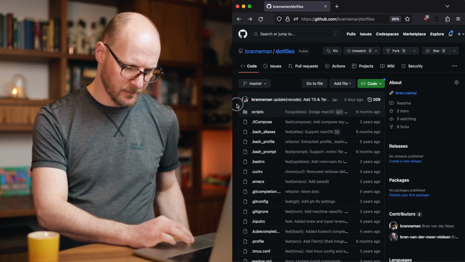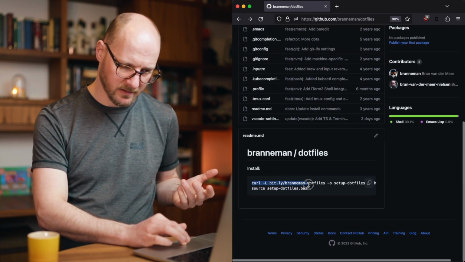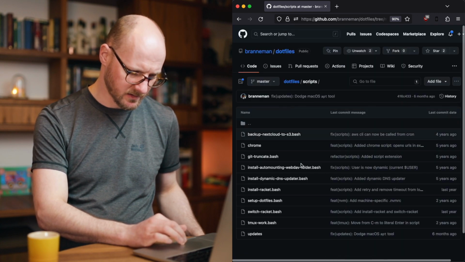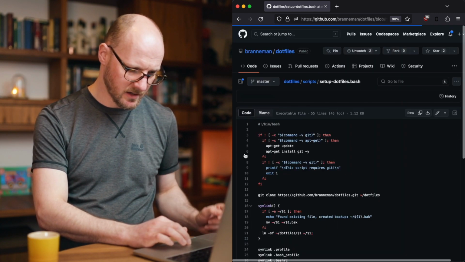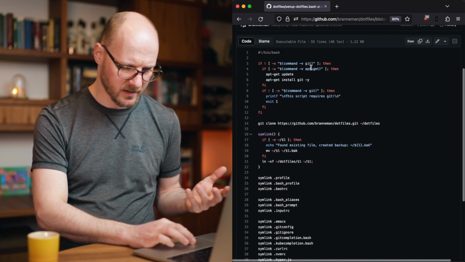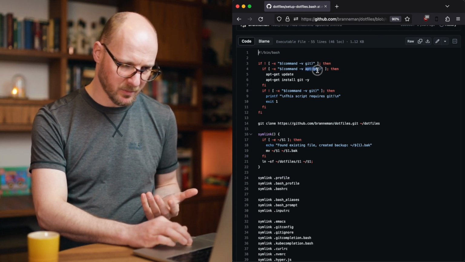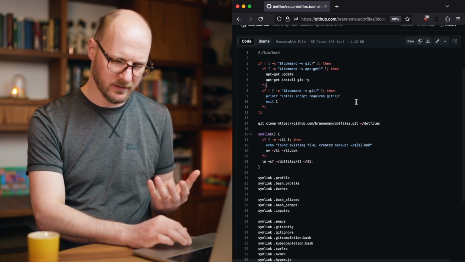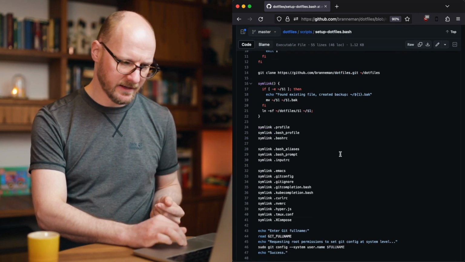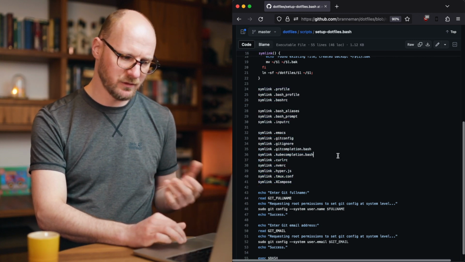So what is this? I have a Git repo, and this Git repo contains this command to run it. There's literally a script in here that is the setup.files.bash, and this script runs through all kinds of things. It will check, is Git available? Do you have an apt-get available? Then I can just install Git for you. It will clone the .files repo, and then it will run through all of these files to sync,